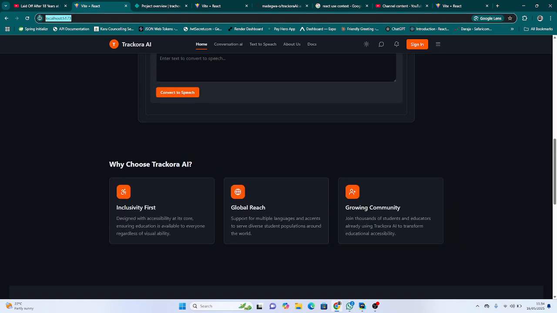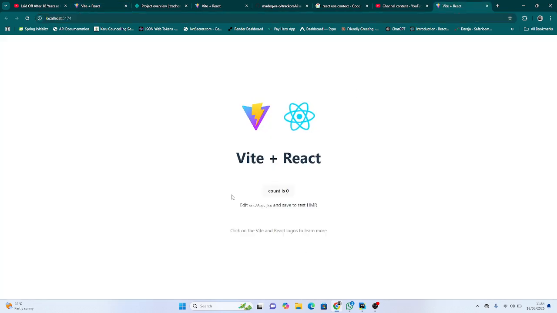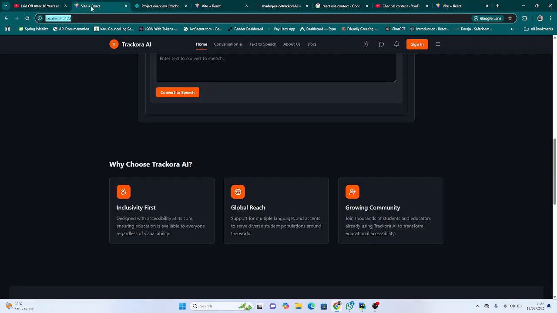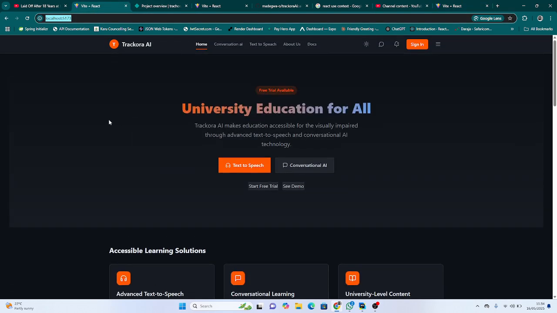But this one is still on localhost. And this is our clean project with nothing. And also, as you can see, when we're navigating through the routes, this header does not change. So why doesn't it change? Because I've made a base layout, and I'm going to show you everything in a bit. So